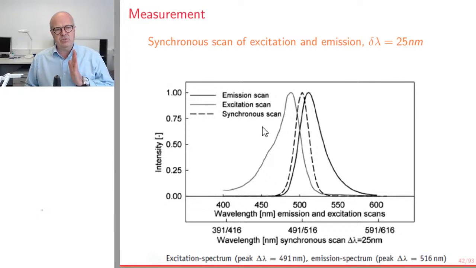So you scan, you change the wavelength for excitation, and you have a mobile filter with which you can actually scan also through all the emission wavelengths. If you do this, you see on the one hand the emission, on the other hand the excitation, and you get this dashed curve, the synchron scan, which is very sharp and specific for Euro 9, and you are sure that you just get Euro 9 and no other